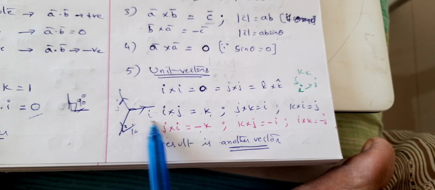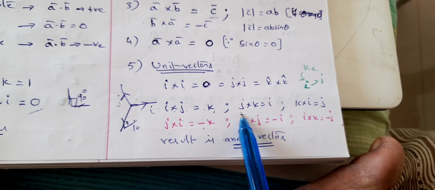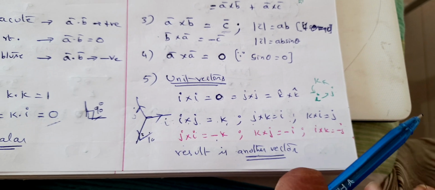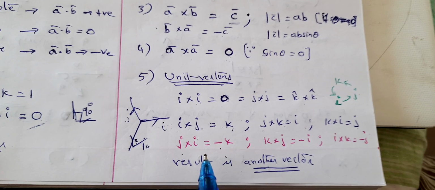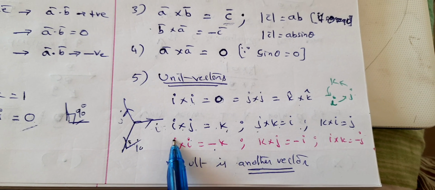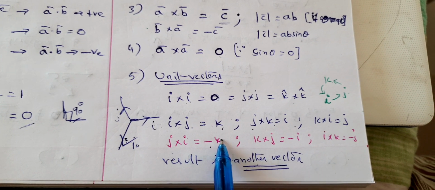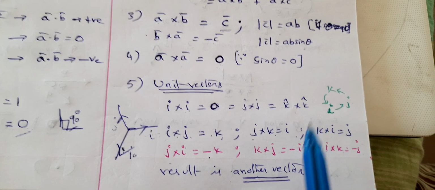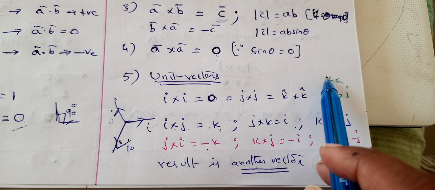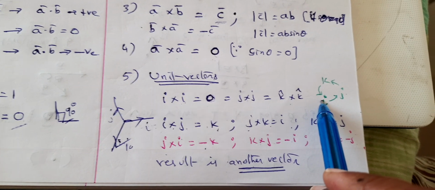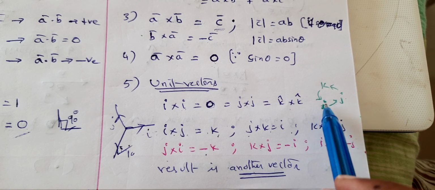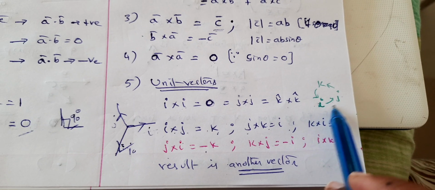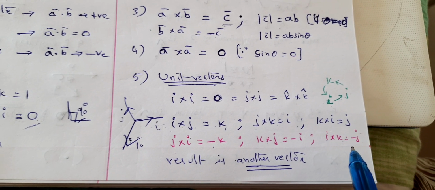It is i. Beautiful, right? j cross k is equal to i. Similarly, k cross i is equal to j, right? Now here you can see the other way around. So j cross i is minus k, k cross j is minus i, and i cross k is minus j. So in the order i, j, j, k, k, i, we get positive values, right? When you move like this, i, j, j, k, k, i are all positive. And if you are going in reverse order, then it is negative, right?